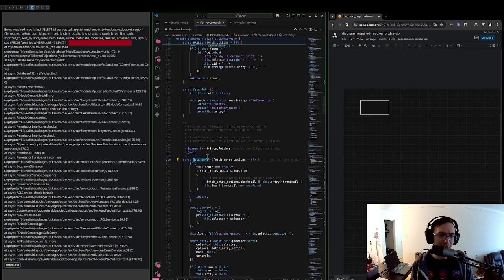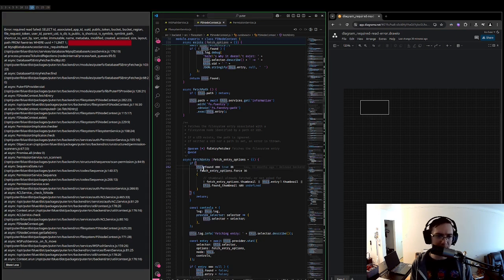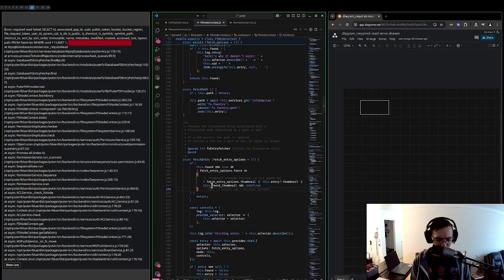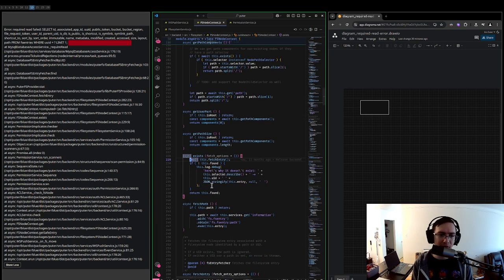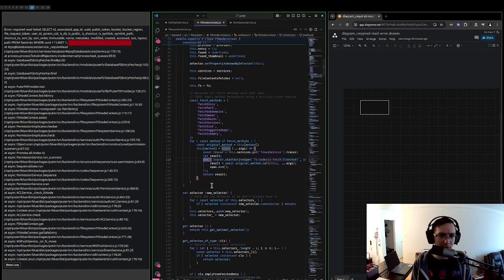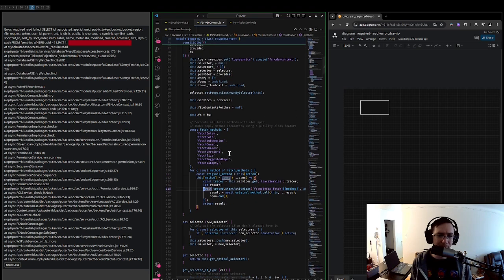I'm looking for where fetch entry gets called. I'm struggling a little bit to find that, so I'm going to start back at 108. That tells me I might be in the wrong file. Oh, 108 was file system service, so sorry, 229. That's where fetch entry is called, and then 115. We are in. Oh, yes, this decorates all the methods. That's why we're seeing this in the trace. We decorate all the methods